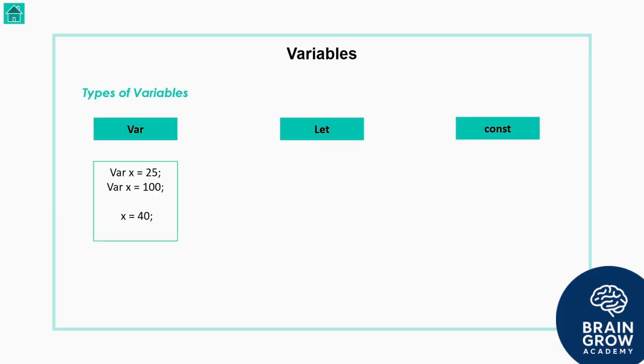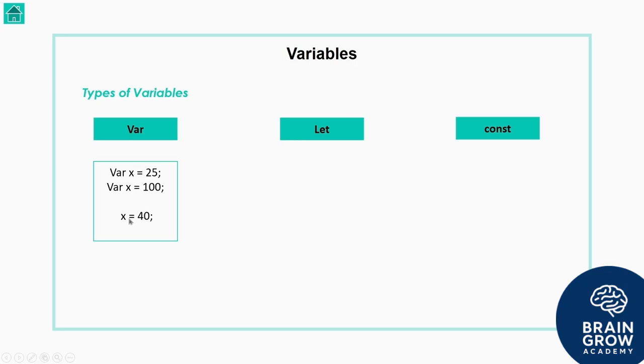So let's dive in. As you can see with the first variable type, var x equals 25, var is the declaration and the value of x is 25. After this, if we declare var x equals 100, it will assign 100 to x. And then if we write x equals 40, without declaring it, it will also run and give the value of 40 to x. So we are basically declaring and assigning different values to x, and each time we overwrite